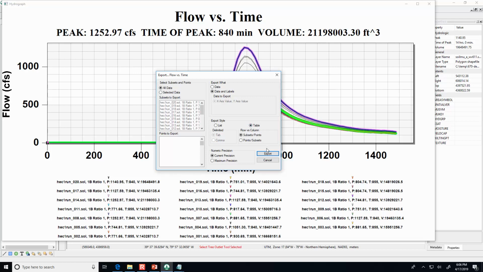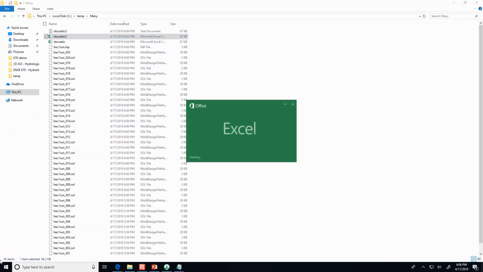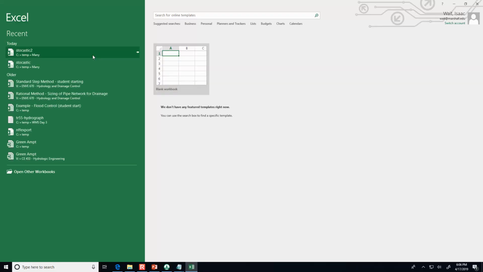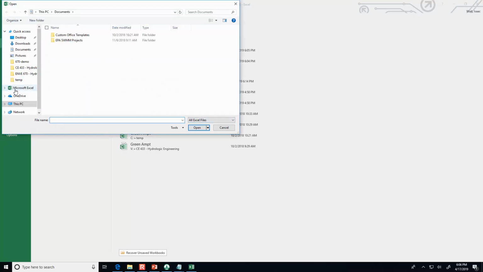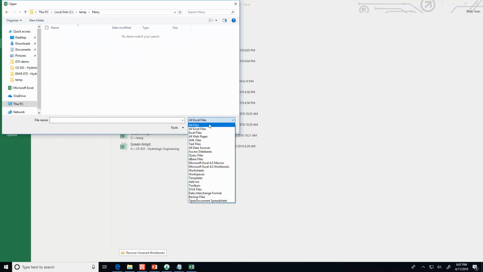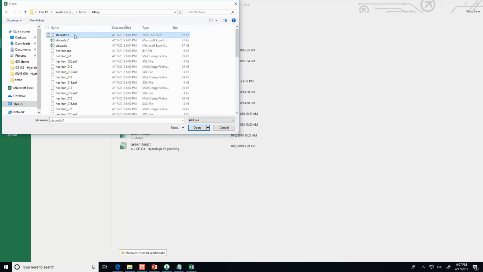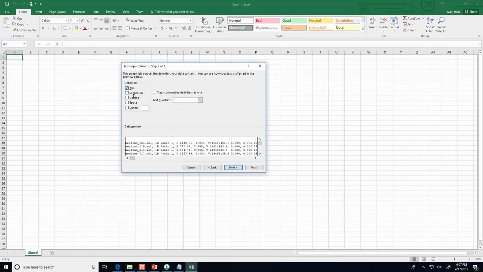Table. Points, subsets. File, open. We want it to be able to see all files, and it is going to open up this text file, and it'll give me the import wizard, and then I can tell it to use commas.